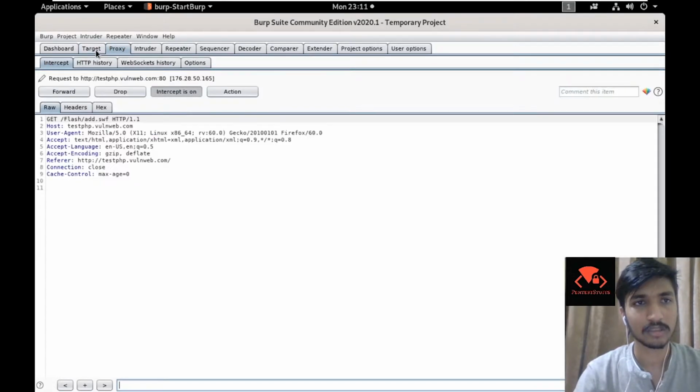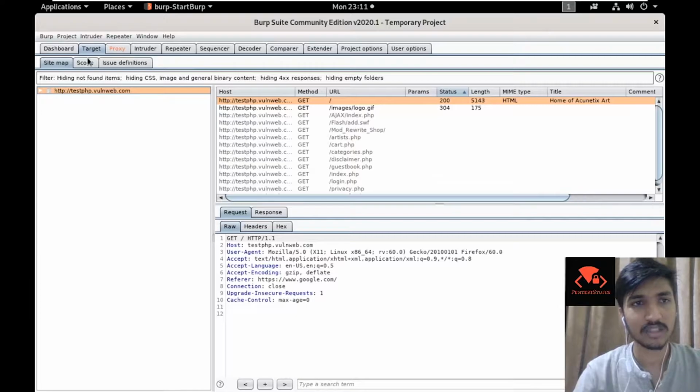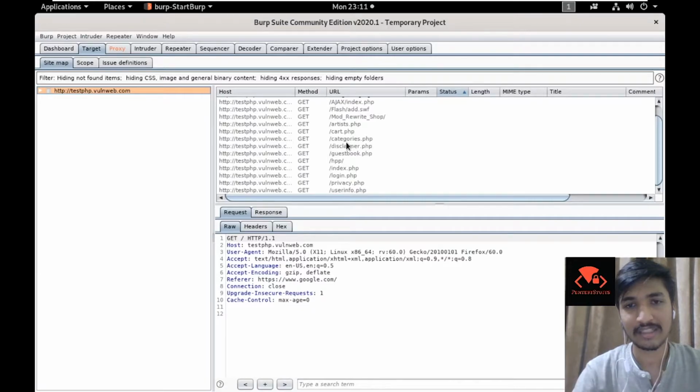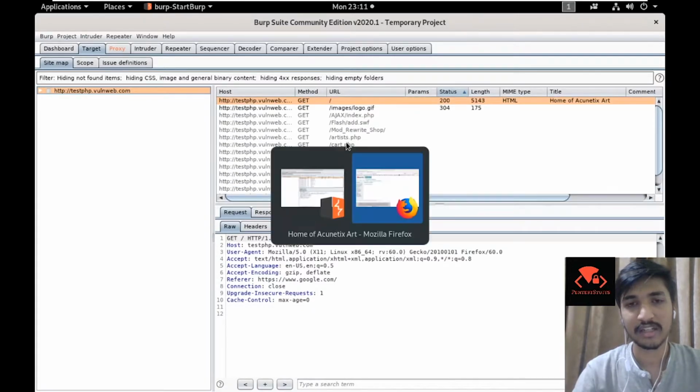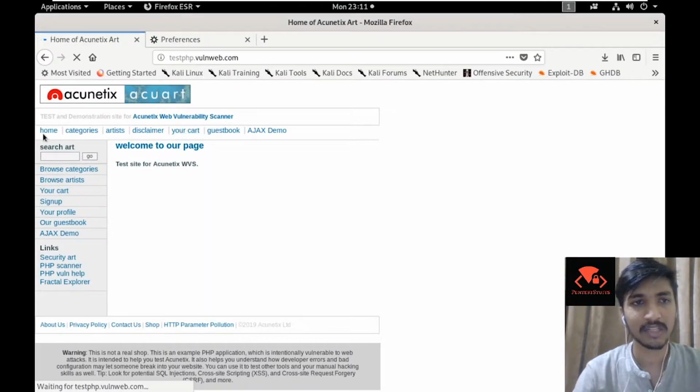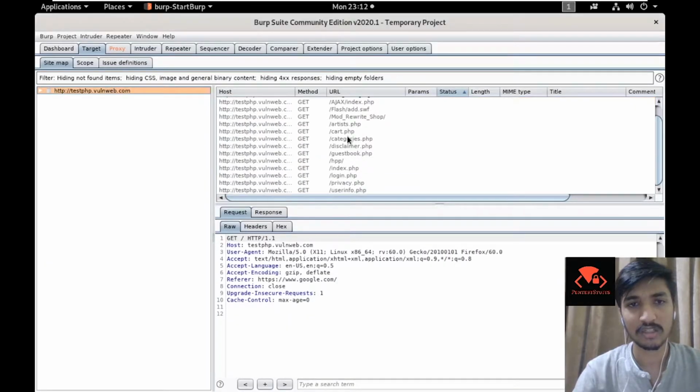And then if you go to the target side, we would just forward it to make sure it goes, and here you can see in the target you see this website, and here the crawler is working. Crawler is like a dirbuster. It goes and checks for all the directories you could see inside this file by clicking all these links, and going again on those links. So you could just see all the hosts and the URLs right here.